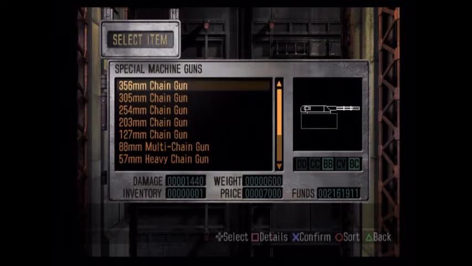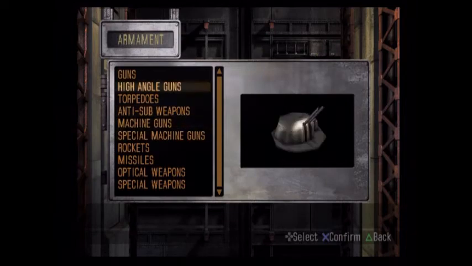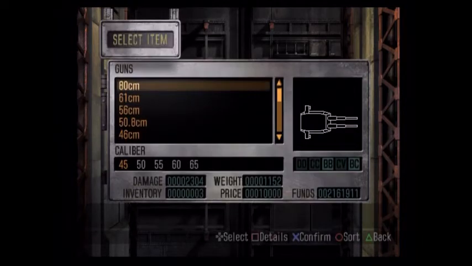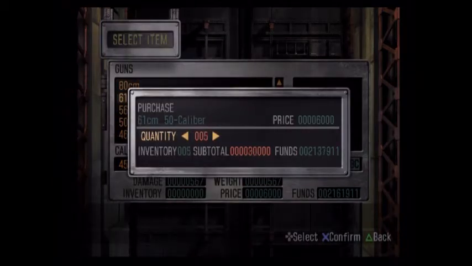Not until second playthrough. Or, well, Sector G actually has a mission where you can get these as a pickup. So we're gonna have to wait until then before we can get more of these 356s. So for now, we're gonna have to stick with the 305s, for which I will have to grind to get more of them. Other than that, we can go ahead and buy a bunch of these, I guess. We'll go ahead and...